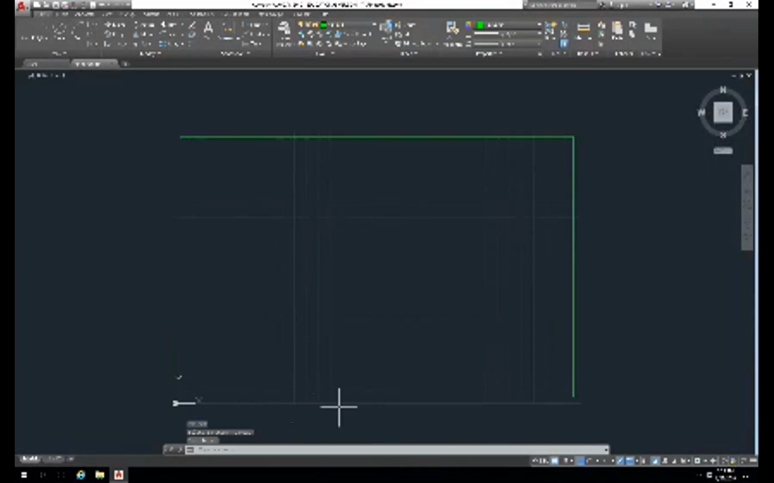So I'm going to do escape. Escape took me out of the explode command. So now if I select, you see I've selected just one line, selected another line. So these are now separate objects. Okay,